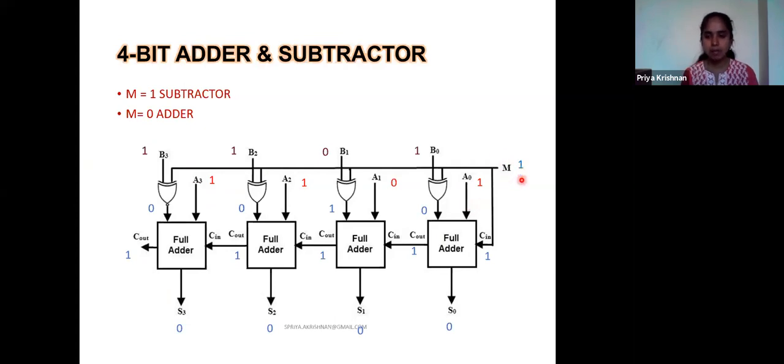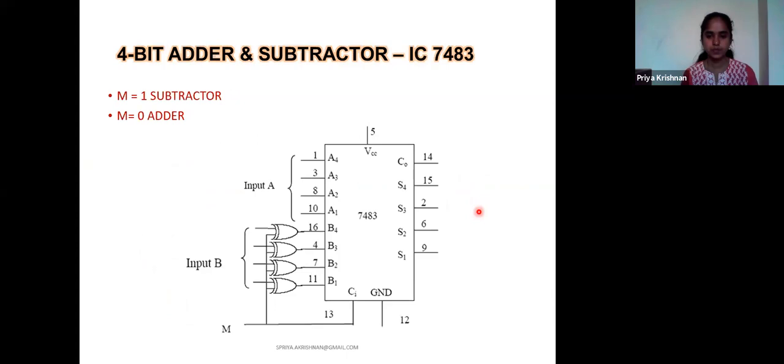In the same place, if I connect M as 0, I can make this work as an adder. So this is a logic diagram using 7483.